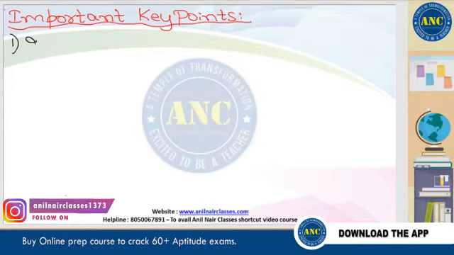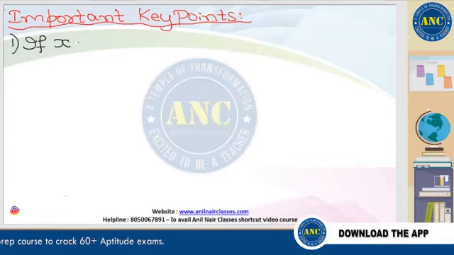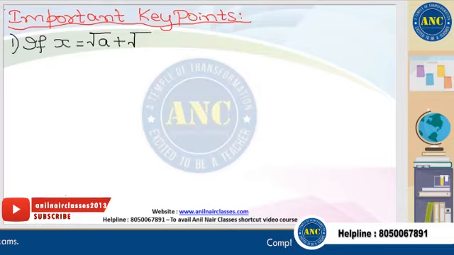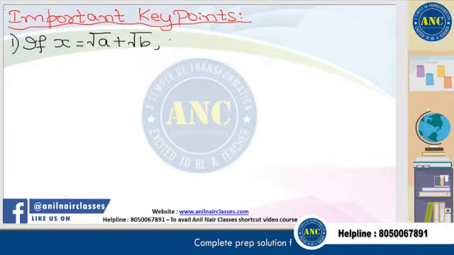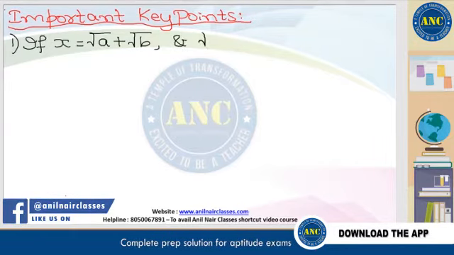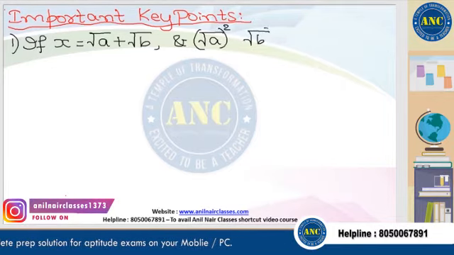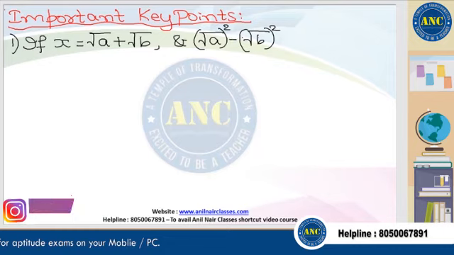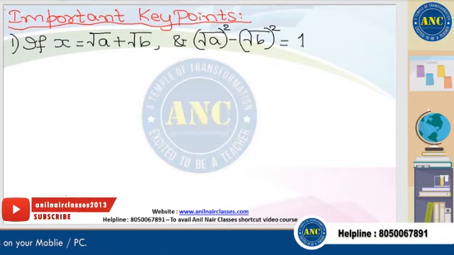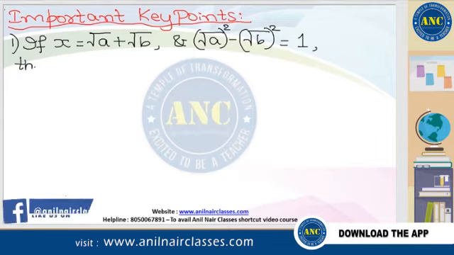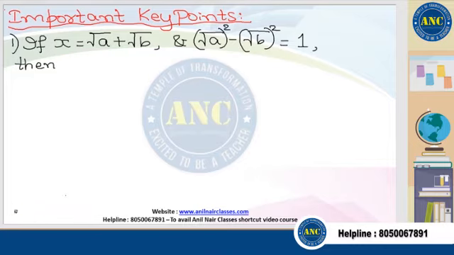Now see here, sir. First we started with, if suppose x is of the form root a plus root b, and there is another condition: root a squared and root b squared, if I take the difference, and suppose the difference is becoming equal to 1. If these two conditions are satisfied, then I can definitely say that,